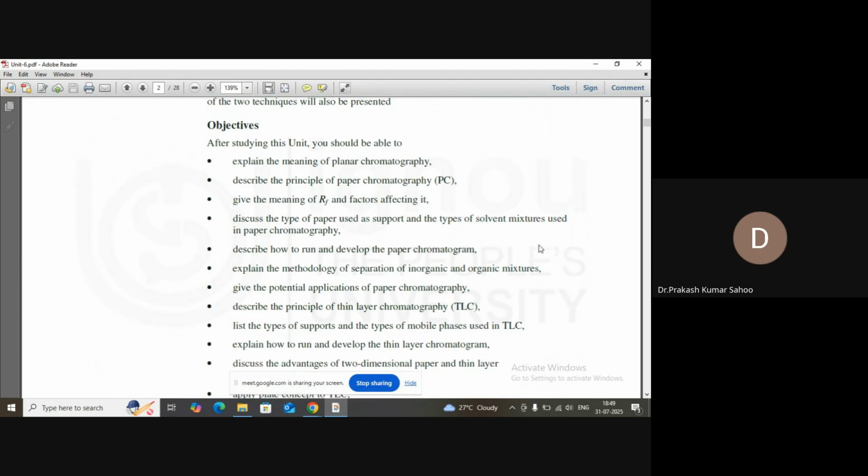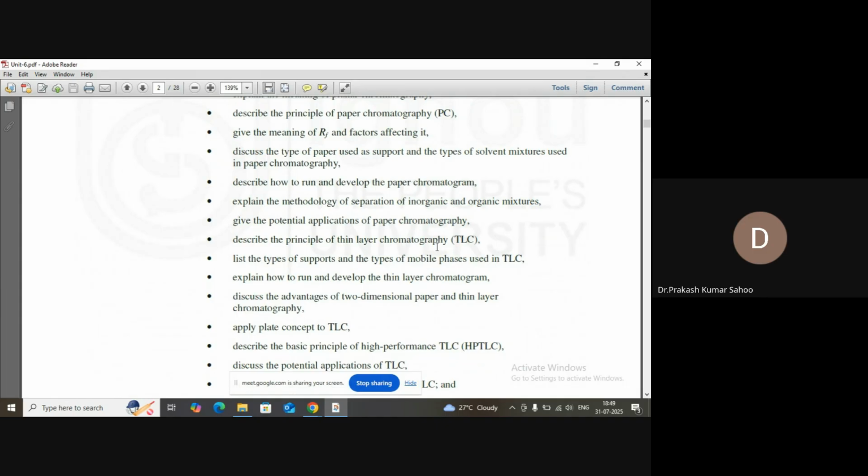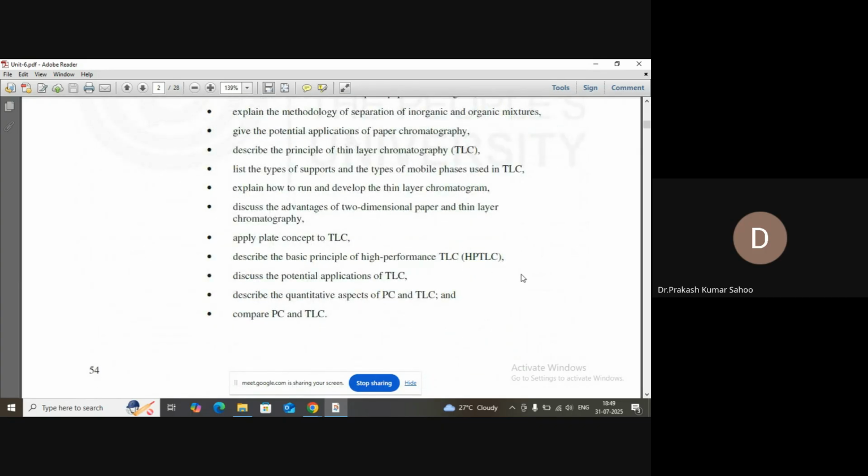Then we have some objectives of this unit: it explains the meaning of planar chromatography, the principle of paper chromatography, the meaning of RF, the retention factor, and factors affecting it. Discuss the type of paper used as support or the mixture used in paper chromatography, describe how to run and develop the paper chromatogram, explain the methodology of separation involving organic mixtures, give the potential application of paper chromatography, describe the principle of PLC and its application, and your last one is high performance